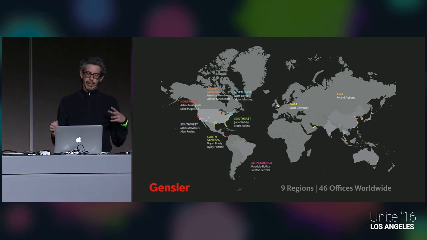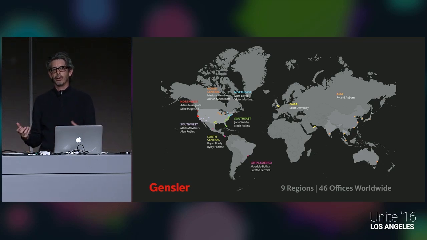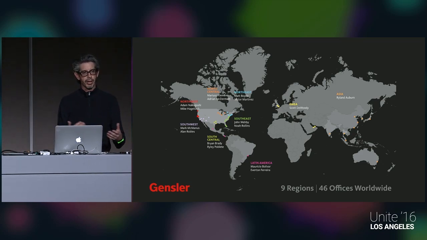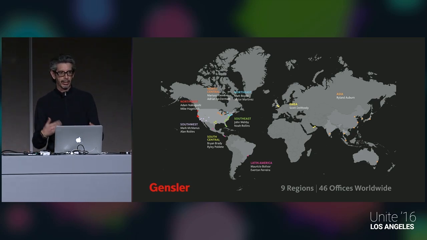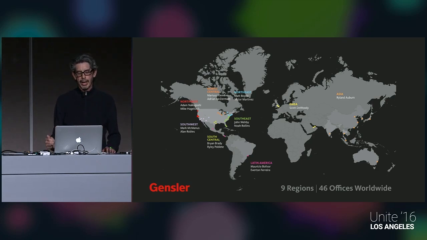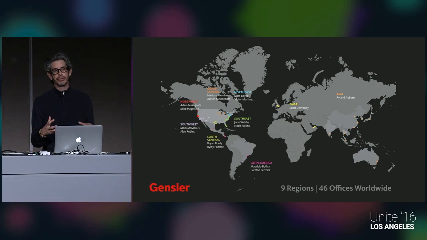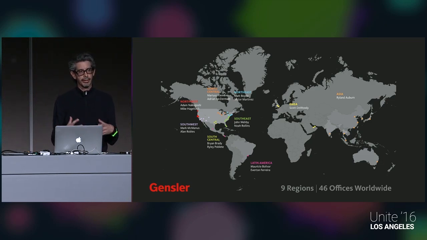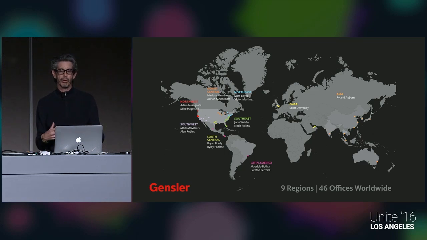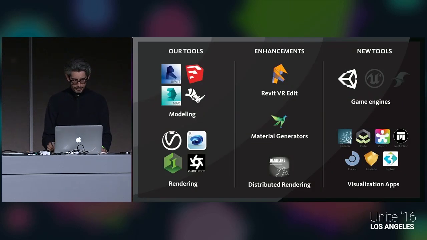And having a footprint that big makes it really hard to communicate across offices and keep that communication organic and constant and aware. So we have leaders around the firm that are specifically focused on these new emerging technologies and making sure that every office has access to them all and that every office is on the same kind of even playing field and has all of the same advantages.